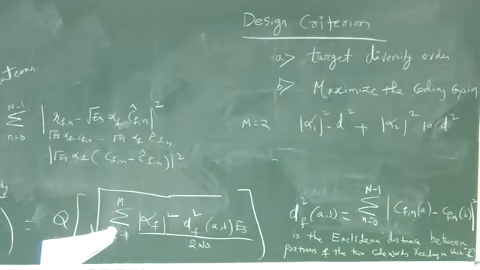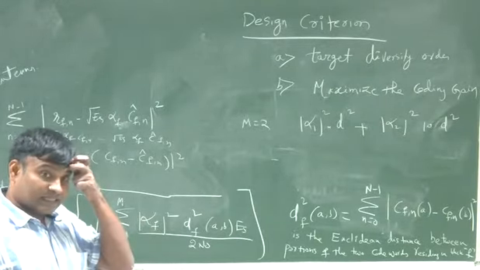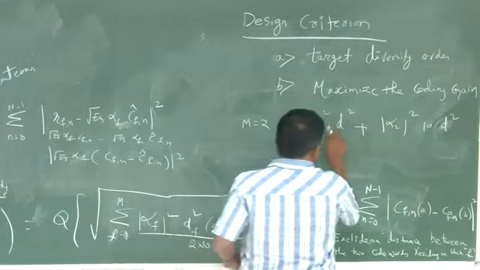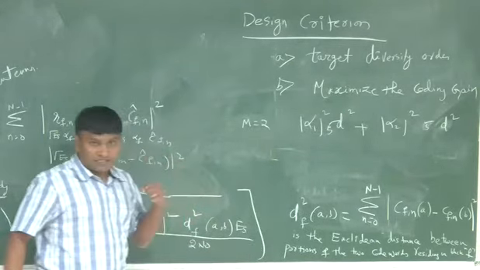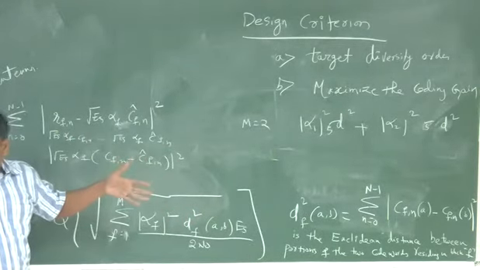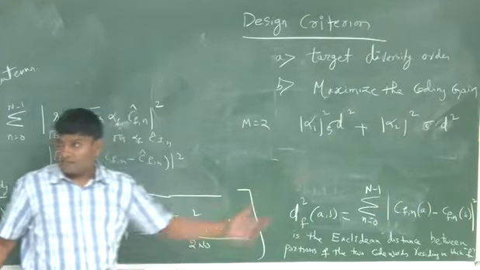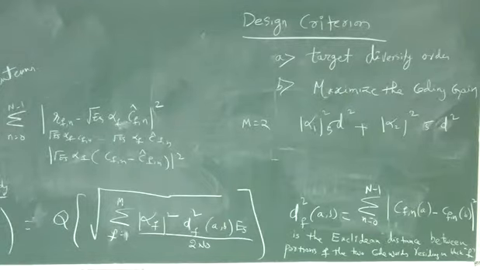But I don't want to have such a large imbalance between the weights of the fading states. So you tell me what should be the criteria. Should be equal. When they are equal, this 5d square, 5d square. So I want the total distance in this block, total block, should be equally split between the fading states, 1 and 2 in the case of 2 antennas. If I have m antennas, it should be equally distributed between them.